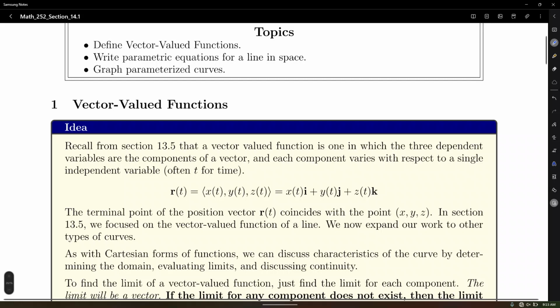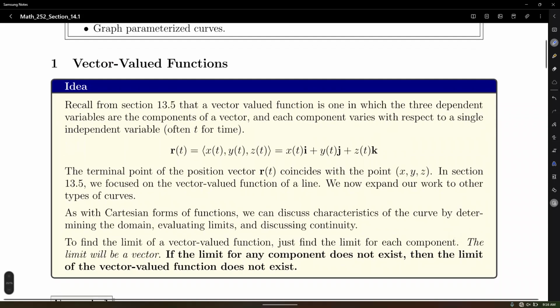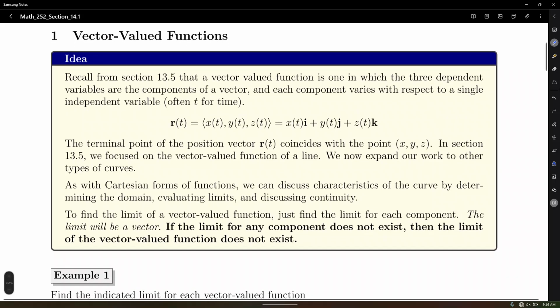Find the domain, find the limit of a function. So we're finally getting into the calculus, if you will. All right. And then we are going to graph a little bit of parameterized curves. Maybe not that much for now, but we're going to keep doing this along the way as we progress through the course. Okay, so we define a vector valued function back in 13.5 as either a function in R1 or in R2. That is, recall that a function